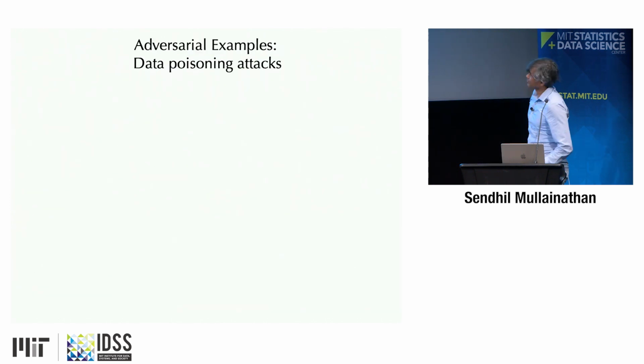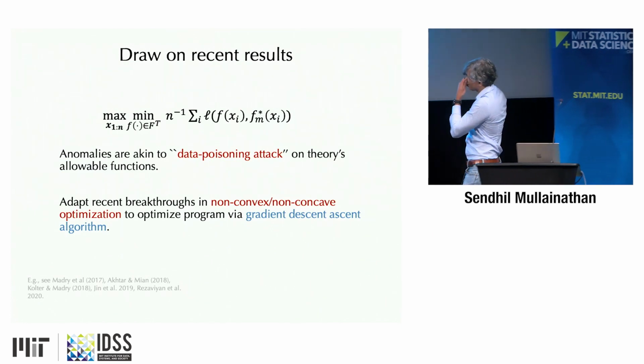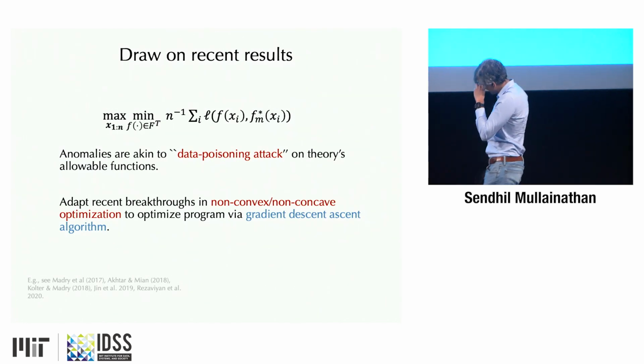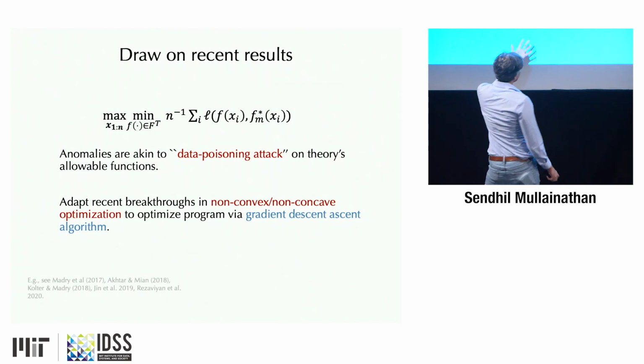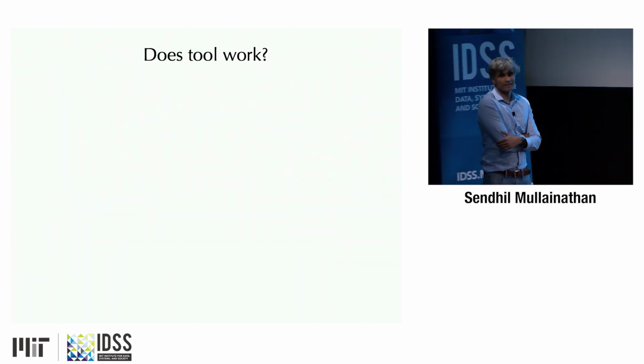You probably all have seen this, but I'll skip this. Poisoning attacks are where we take a supervised learning algorithm and say, you think this is a panda, I add this. Look, it still looks like a panda, but you think it's a gibbon. So these are attempts to basically, they're like the same max-min. You're trying to get the algorithm to commit. So we can adapt recent breakthroughs in convex, non-concave optimization to sort of solve this problem. And what you find is that that actually produces, in this case, anomalies.